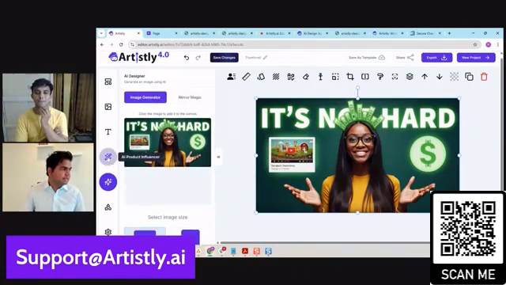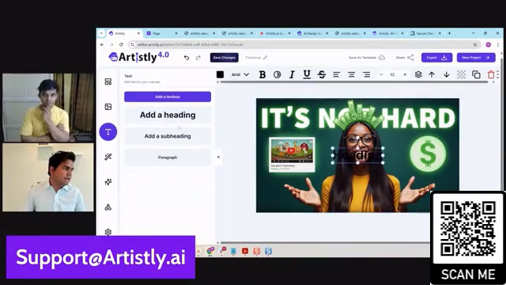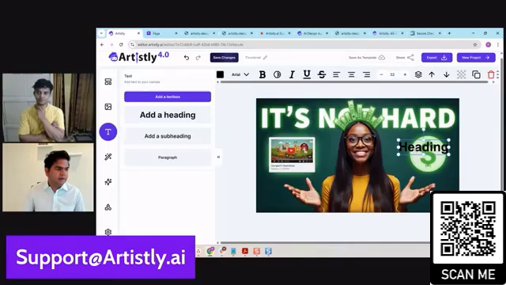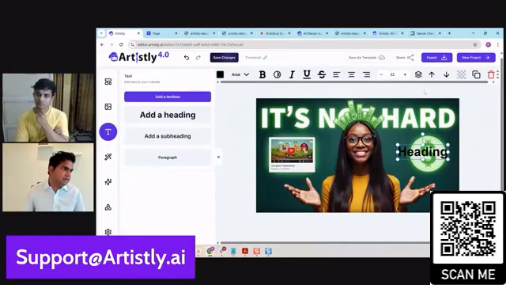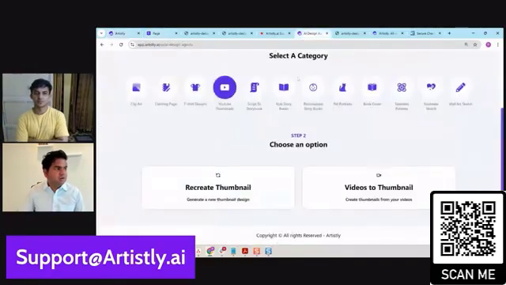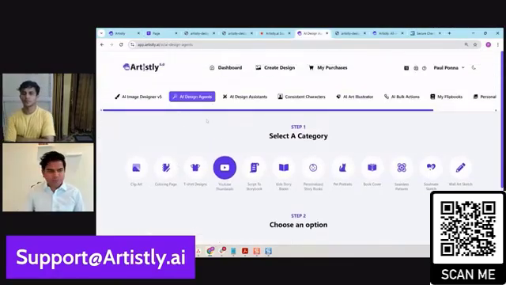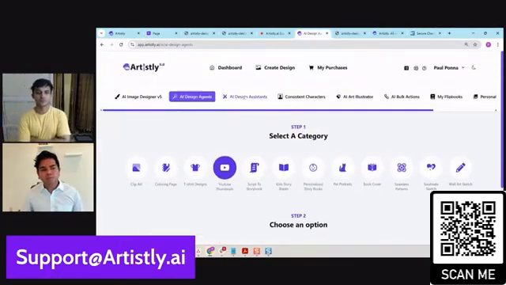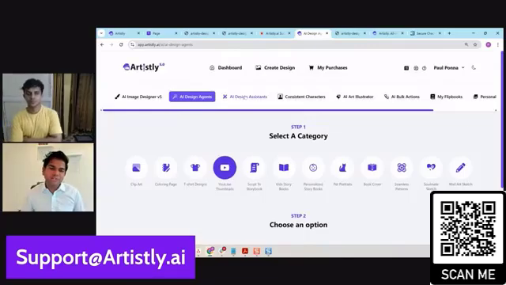That will make it easy for you to add headings. Let's say you want to add a heading here, you want to add shapes here. You get the point. Layers and all that kind of good stuff. You can do it, with a little bit more editing capability. So yes, we've updated as well. It's just that for ease of use, a lot of people prefer the general AI designer. It's fast, straightforward. For people who want a little bit more editing capability, who want to spend a little bit more time on that one image to make it better and better, there's the advanced editor.